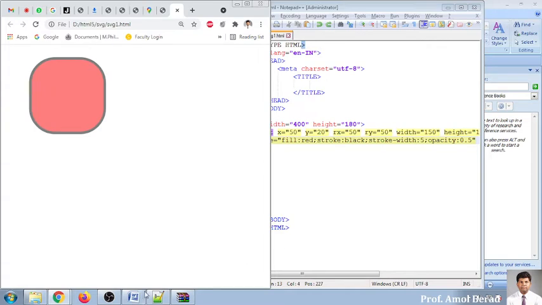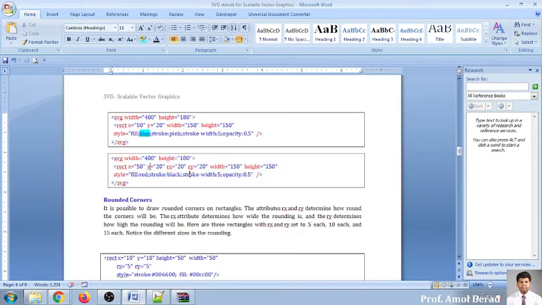So I think this is clear to everybody, yes or no? The four different types of attributes for the purpose. So this is nothing but a starting point. This is nothing but the width and height of a rectangle, and this is for the angles of your rectangle.